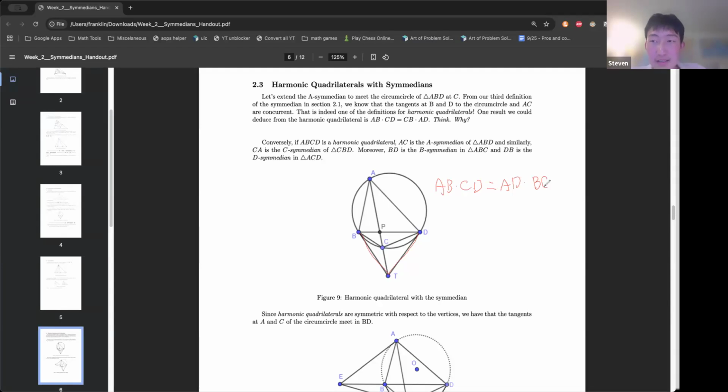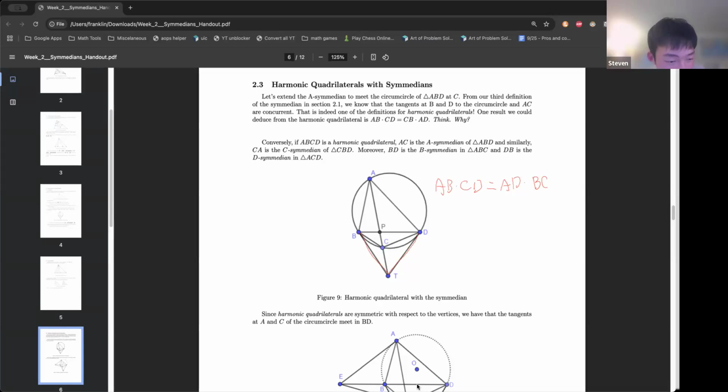And by the way, this configuration shows up very often in those college bound computational problems. The proof for this is rather complicated. You can either length bash it or trig bash it. The synthetic proof would be really cool, but it'd be kind of crafty. So you can consider drawing a line through T and intersecting AD and AB such that, okay,